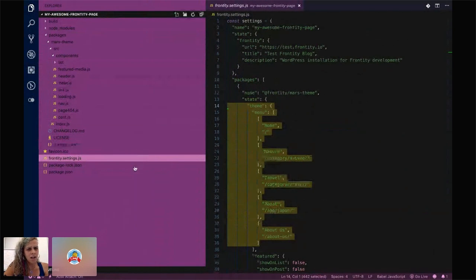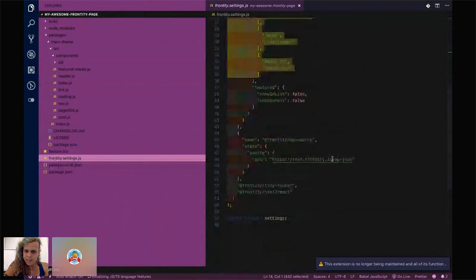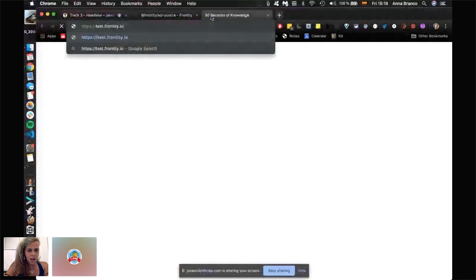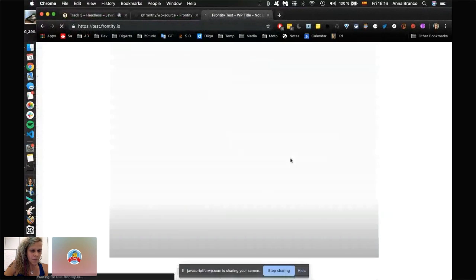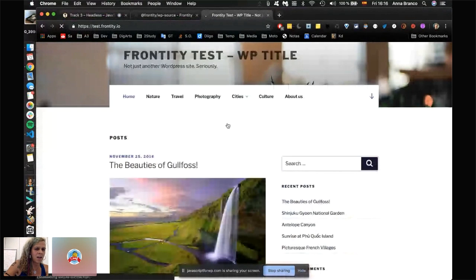When we start a Frontity application using Frontity create, as we've done, it creates a zero configuration application for us. And it populates with a basic test Frontity content. And this is a very simple web page created by Frontity developers to use as a starting point for our applications. You can see here the basic page as seen on a normal